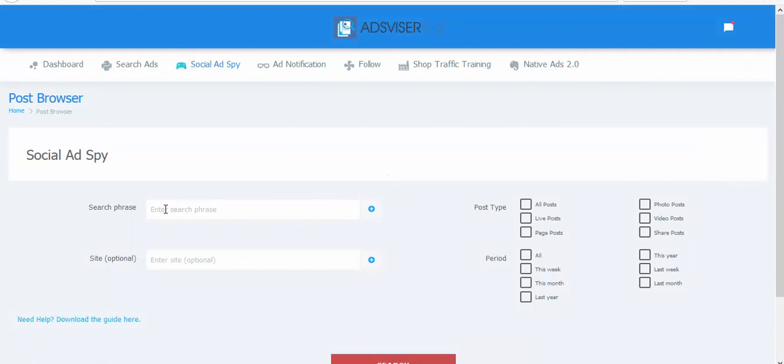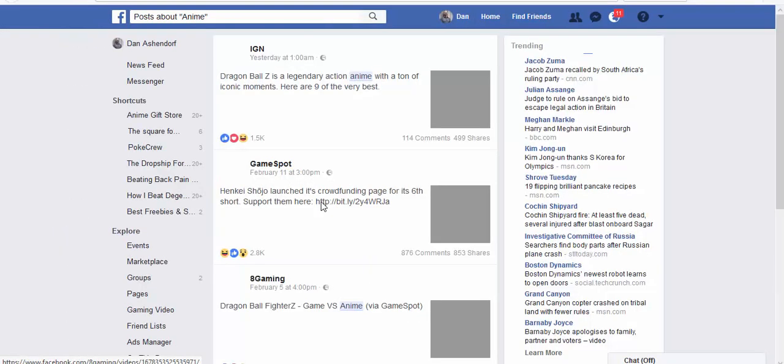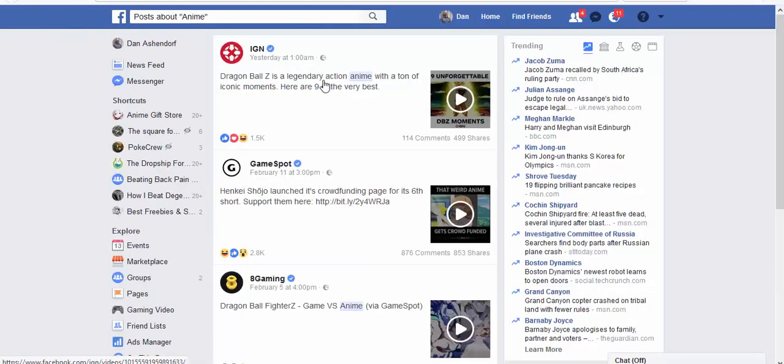I'm not actually set up on this. I'm not sure I'm set up on this. Let's have a quick look at that. So I went for anime. Yeah, sorry. So I am set up on that. So what that does is it just shows you the ads in their native environment inside Facebook. So that's just a bit of a shortcut, and you can